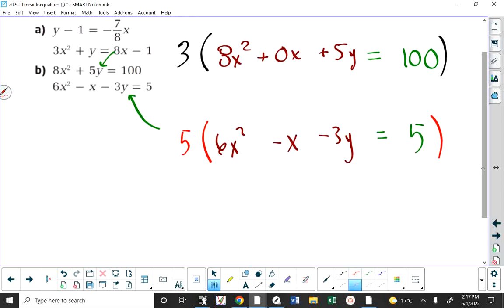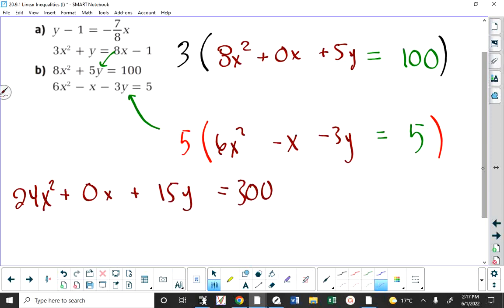The top equation is 24x squared plus no x. There's no need at this point in time. Oh no, I guess I should still space things out because I've yet to add them. You don't need to write plus 0x. Plus 15y equals 300. The bottom equation will be 30x squared